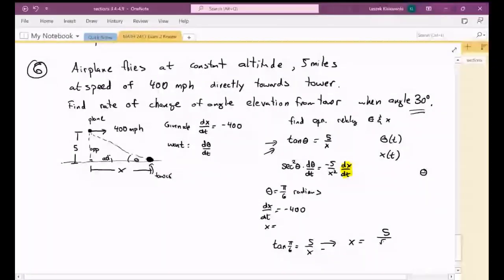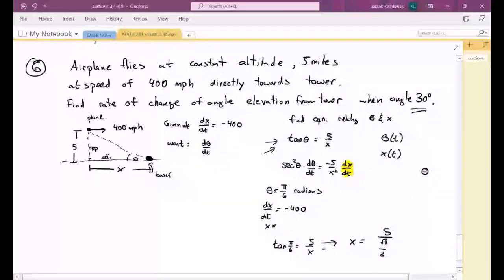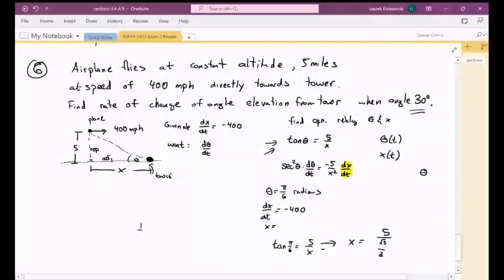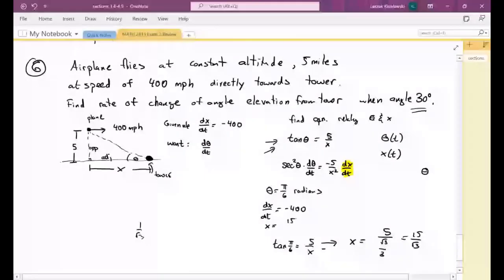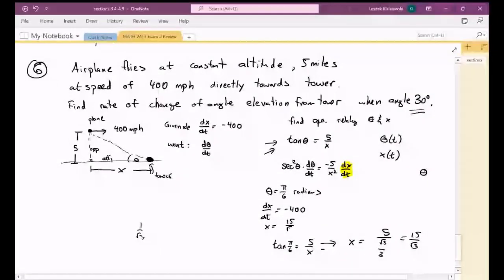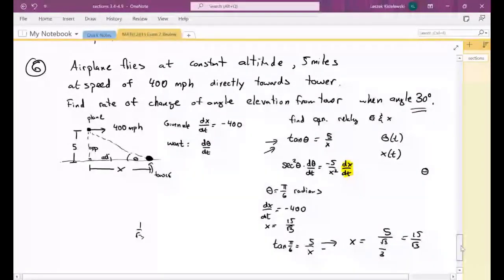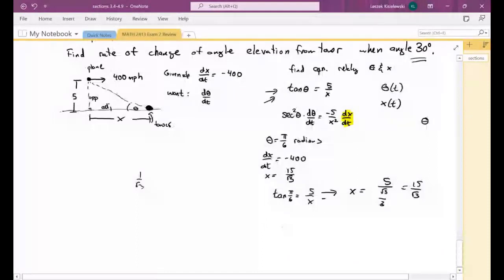What is it? Is it 1 over root 3? Yeah. So root 3 over 3. Yeah, all right, perfect. So 15. All right. So now we do know x. Right, so now we can plug and play here and solve for dx dt. So we get secant,